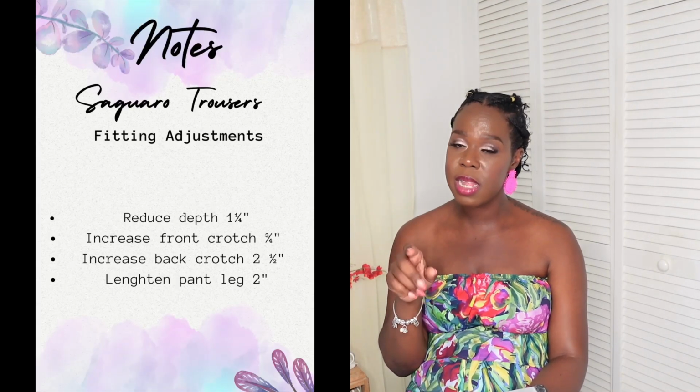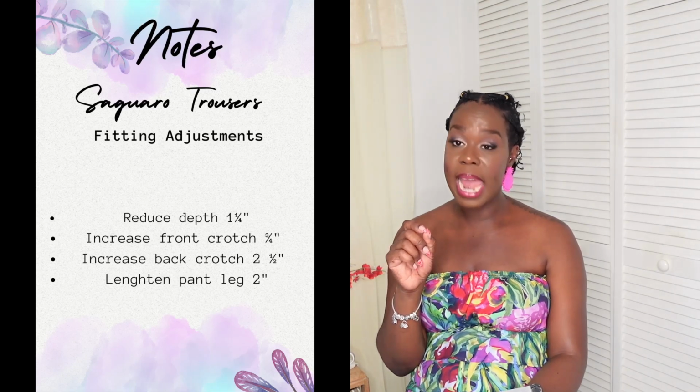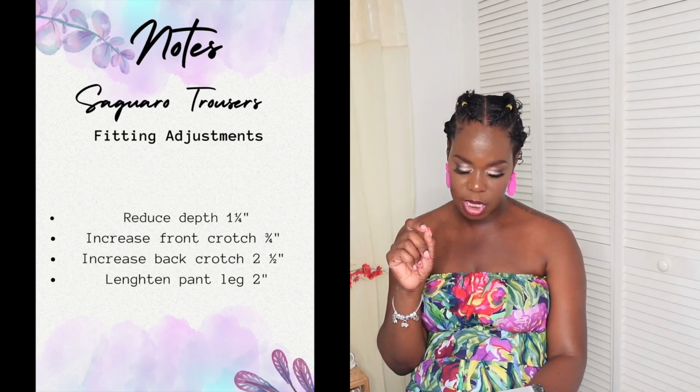So I subtracted 11 3/4, which is my measurement, from the pant crotch depth, which was 13 inches, and as a result, I reduced my crotch depth by 1.25 inches. I also went ahead and increased my front crotch length by 6/8 inch and increased the back crotch length by